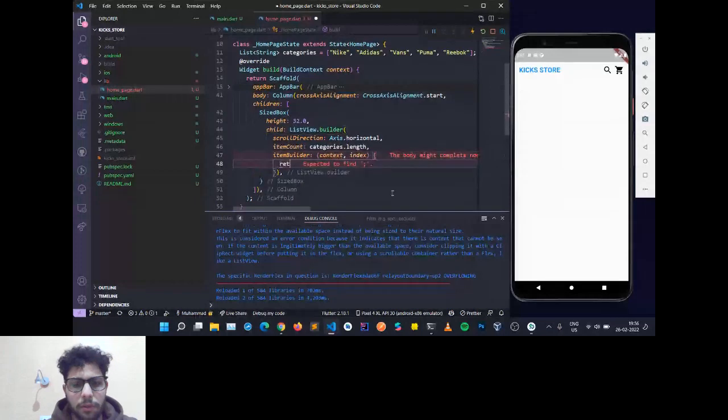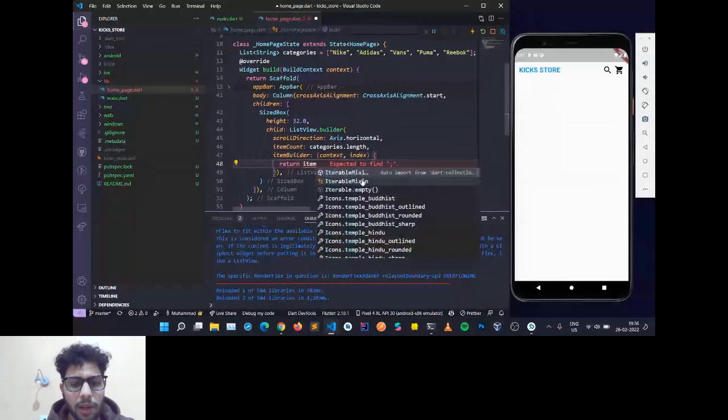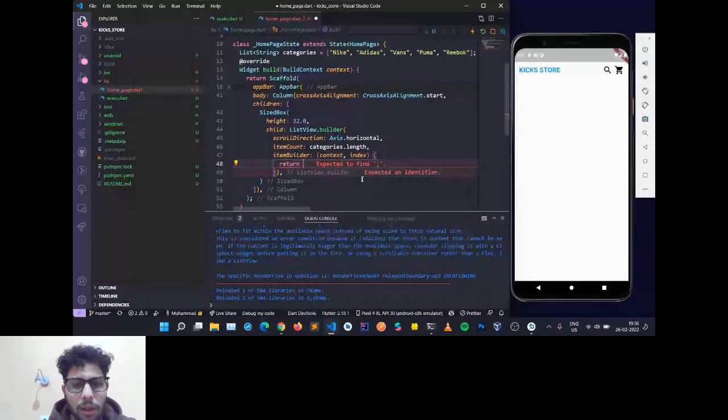which you want to print, so which you want to show on the screen. So we are going to use this item, like you can use buildCategory. This is not a widget in Flutter, but we have to create this widget by ourselves. So you can create a method, buildCategory, but we want to create a widget. So copy this name, go to the bottom, and here